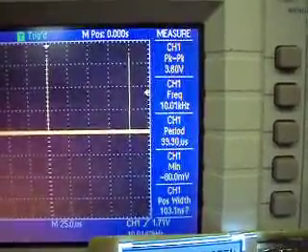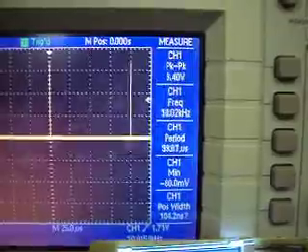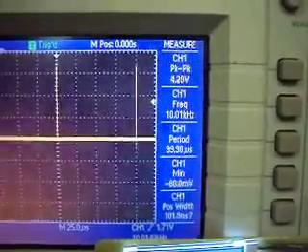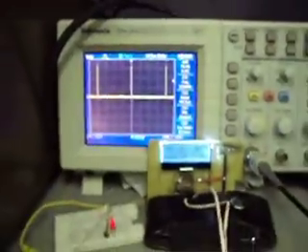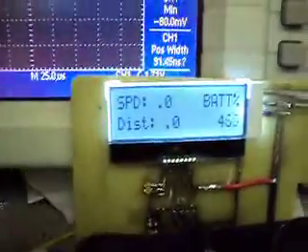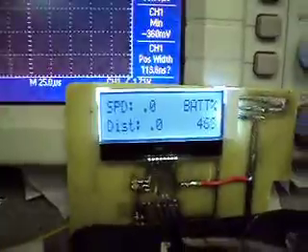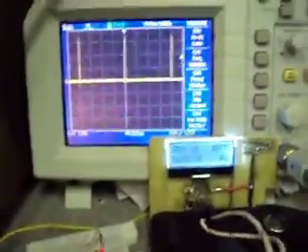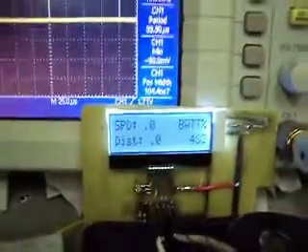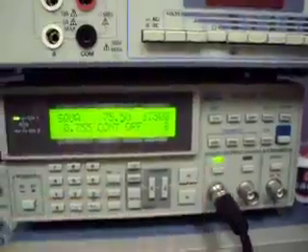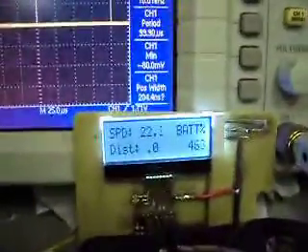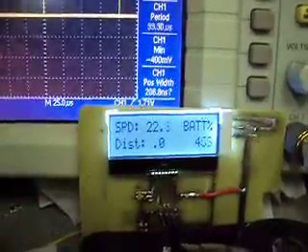We can see that we have a 10 kilohertz signal on the PWM. Our LCD is displaying things, so we know that TWI is functioning properly. If I now go and turn on the signal generator, we can see that we now display a speed,